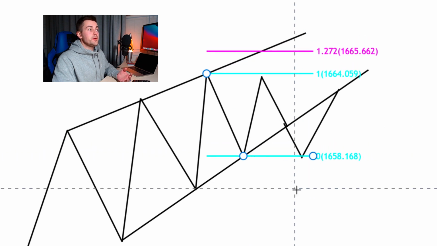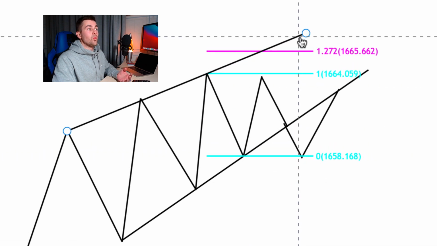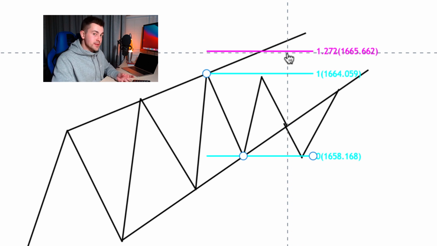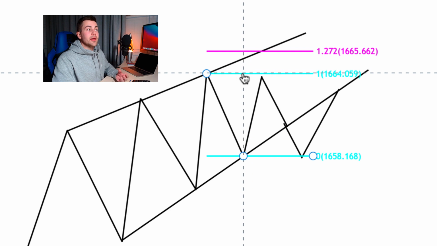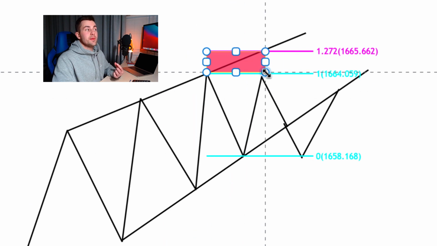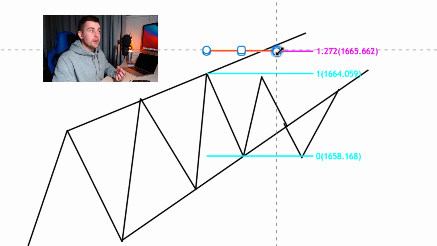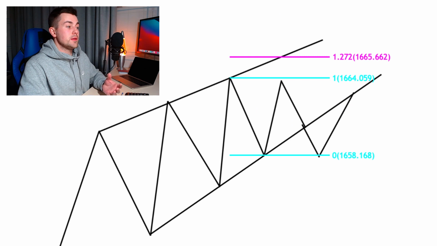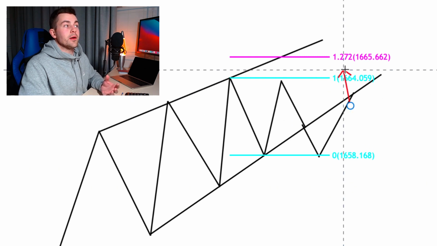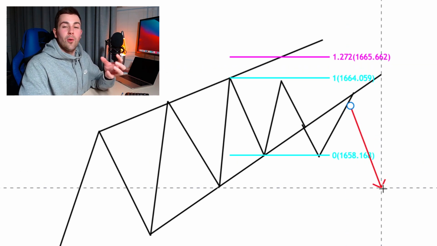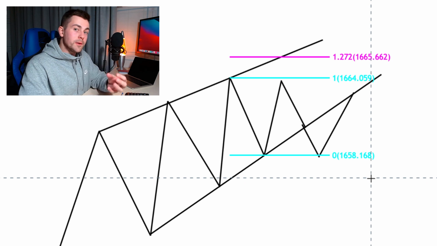And over here you can see that I have the 1.272 fib extension level. Why this level, you may say? What I like about this level is that it gives us a very safe space between the high and this level, so quite often when we see the retest of the market high, we see long wicks. Yes, the market tries to go higher, but then we see the rejection, a long wick, and then the market goes down. So to avoid stop hunting,